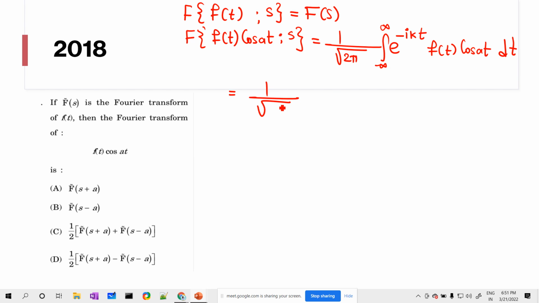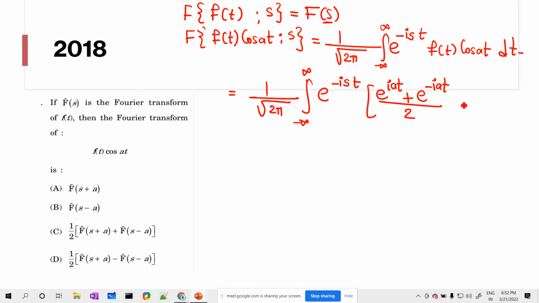Because I have e with me, and you can see this is the same as actually s, right? So I should use s over here. This is f of s. Since it was s here, I have written s in place of k. What I see is that this cos at can be written as a power of e. So I just try to use it. Cos at I write as e raised to iat plus e raised to minus iat divided by 2